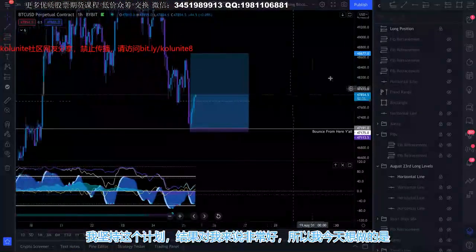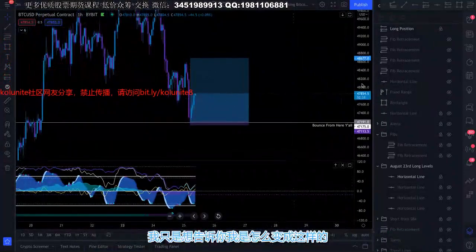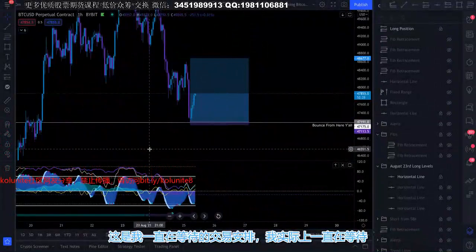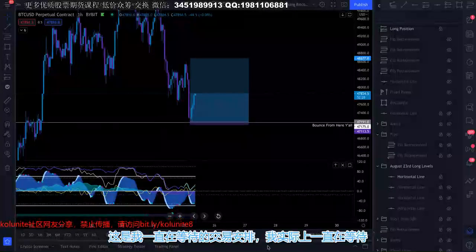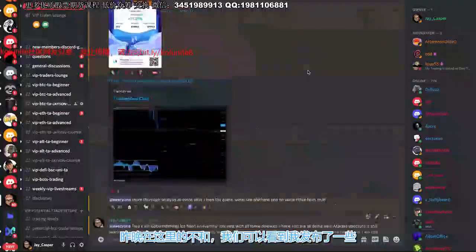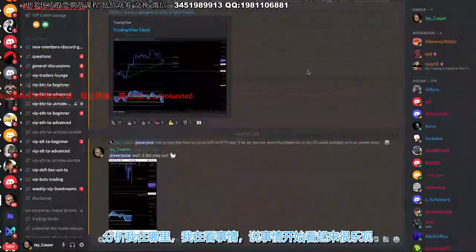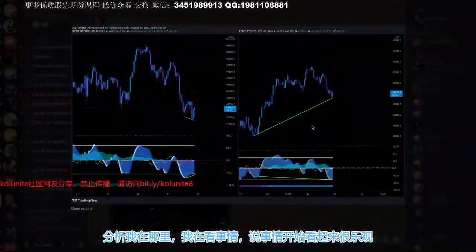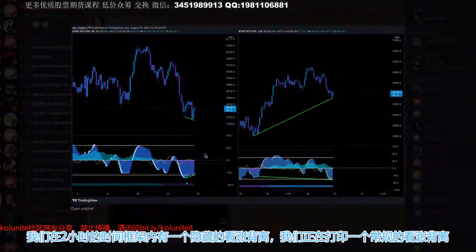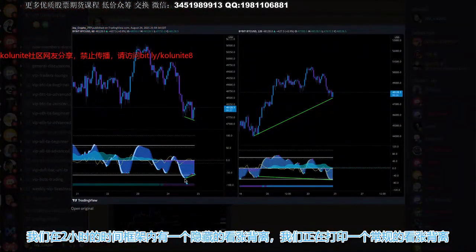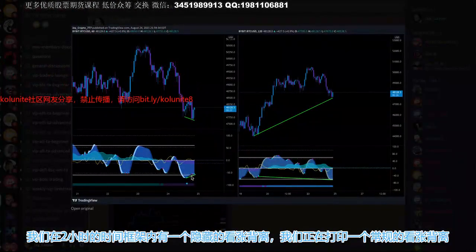And so what I want to do today is walk you through how I got into this trade. Now, this is a trade setup I've been waiting for. Last night in the Discord here, we can see that I was posting some analysis, saying things are starting to look pretty bullish, y'all. We have a hidden bullish divergence on the 2-hour time frame, and we're printing a regular bullish divergence on the